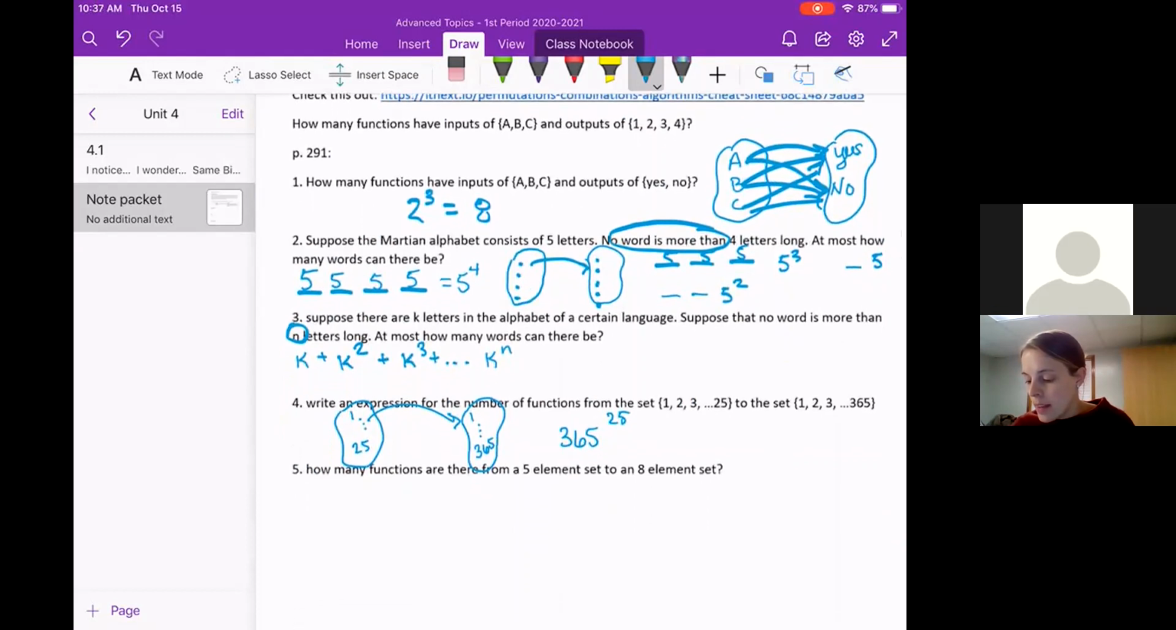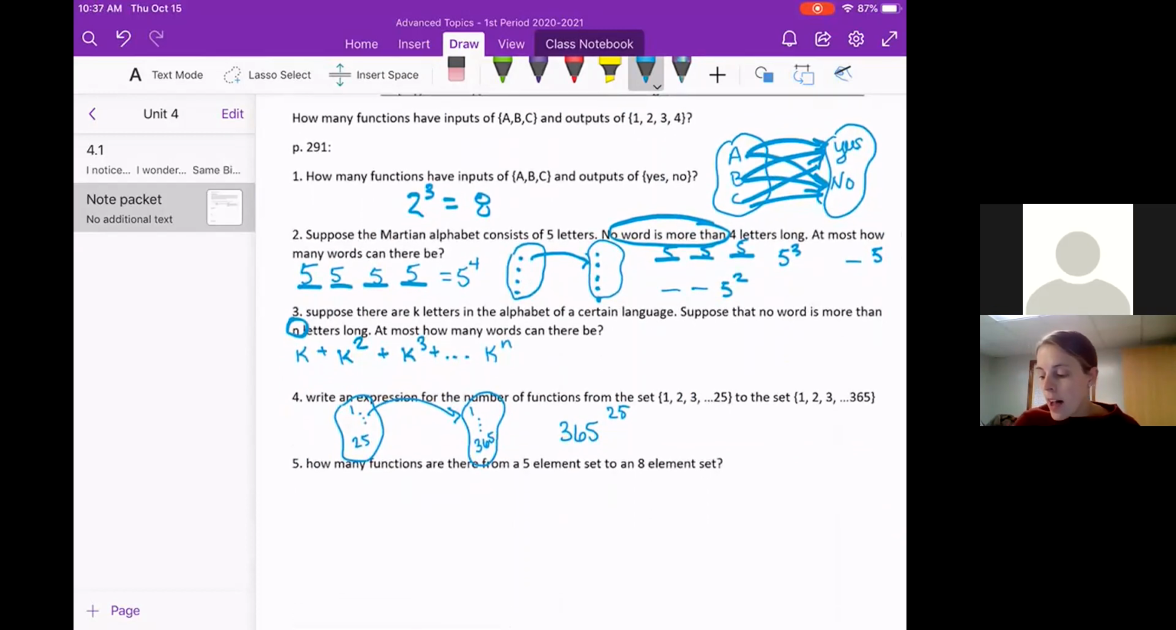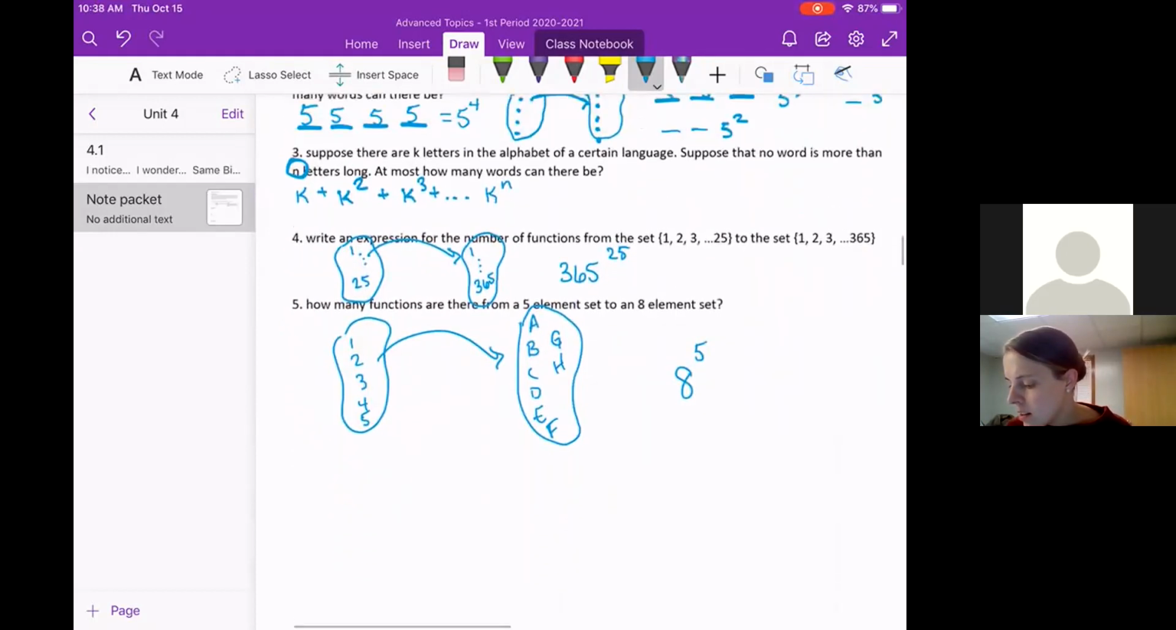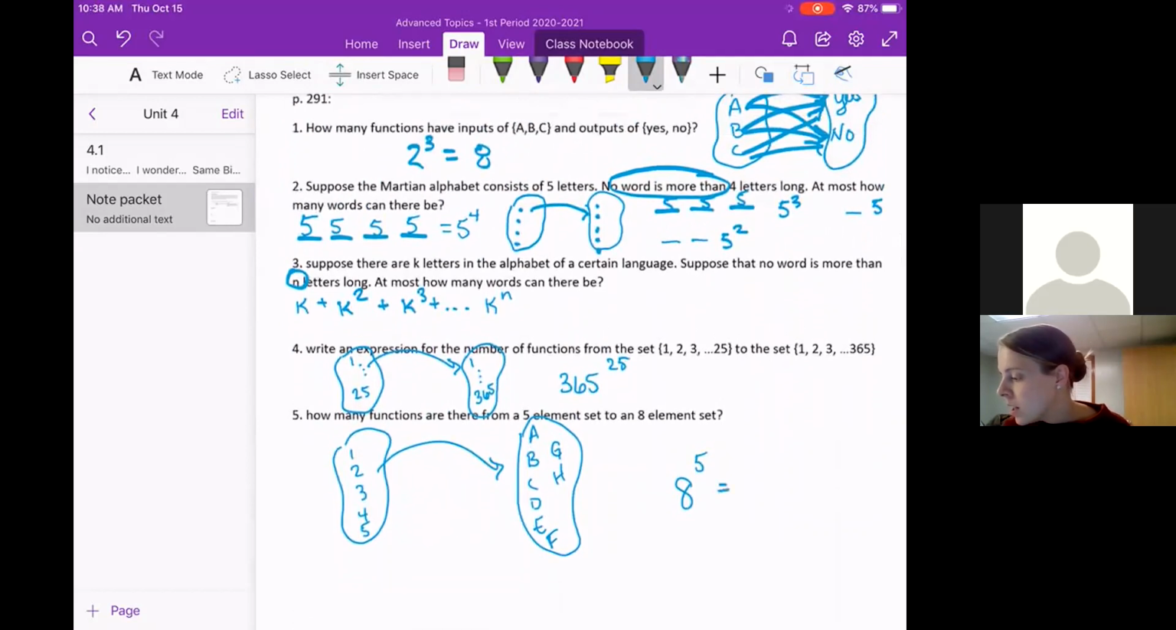Question 5. How many functions are there from a set of 5 elements to a set of 8 elements? So same process. We've got 1, 2, 3, 4, 5 things listed over here. And we've got 8 things listed on the right. And you're doing functions this way. You're going to take 8 to the 5th, 8 in the base, 5 in the power. 8 to the 5th, that's a manageable number. It is